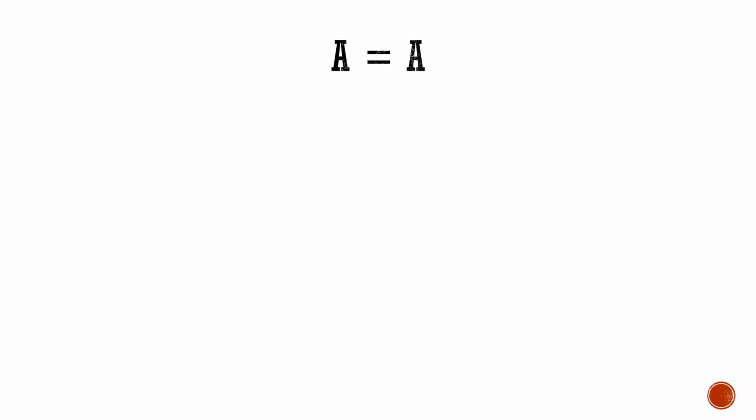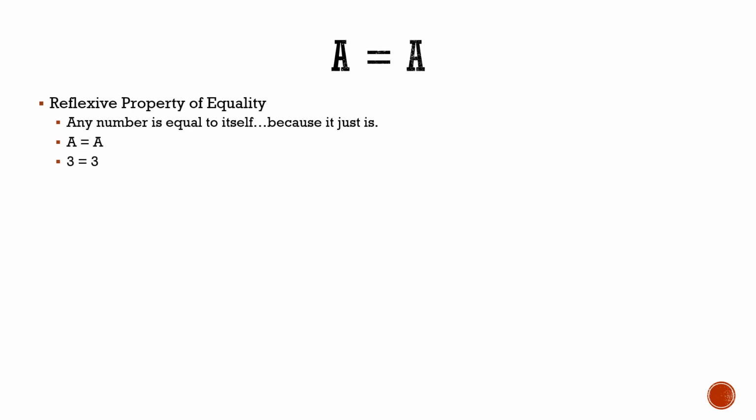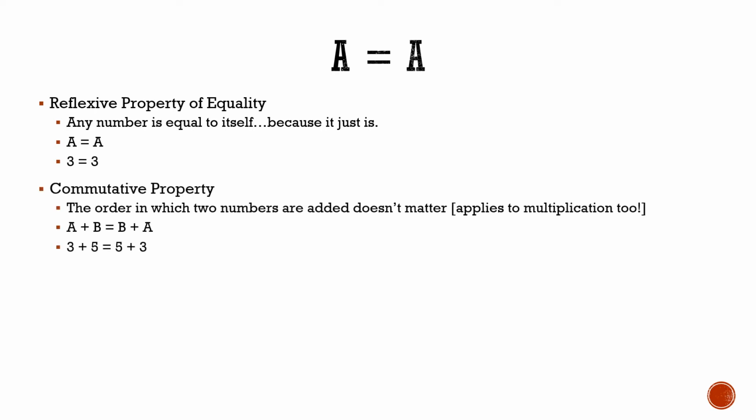Now let's take a look at some properties that you've probably seen and used many times in math. The first one is the reflexive property of equality. We're basically saying here that any number is equal to itself because it just is. Similarly, with the commutative property, the order in which two numbers are added doesn't really matter, and this can apply to multiplication too, where we have something like 3 plus 5 equals 5 plus 3, and we know that 8